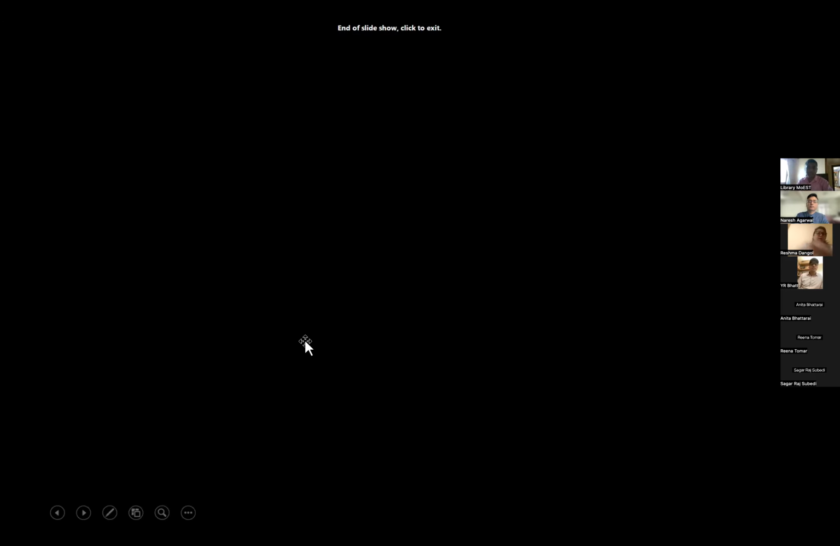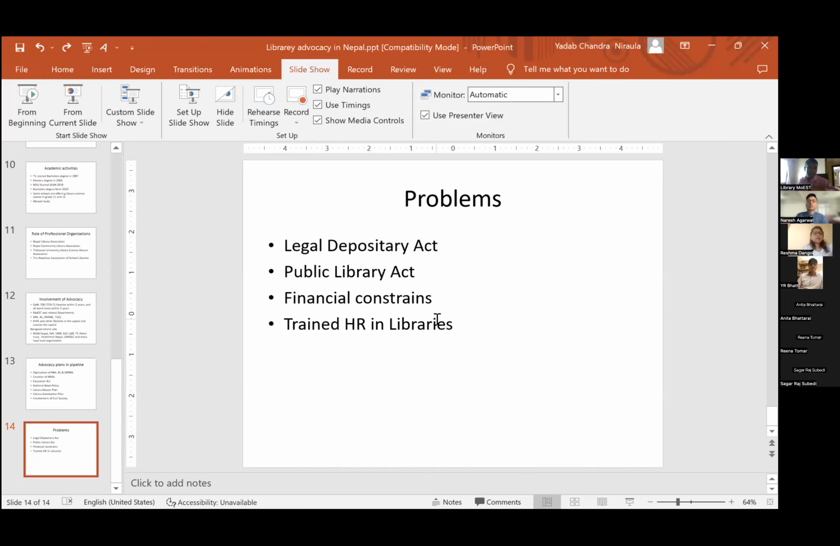At the end, I want to draw the attention of our fellow presenters from other countries: how is the Legal Depository Act working in their respective countries, and how can we borrow that Legal Depository Act and the Public and Community Library Act? And we are also advocating, especially our